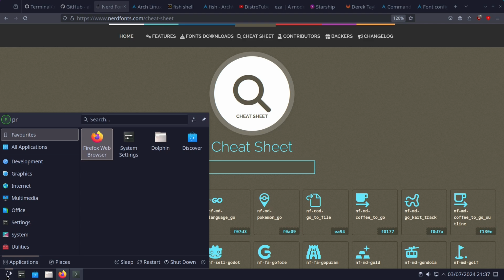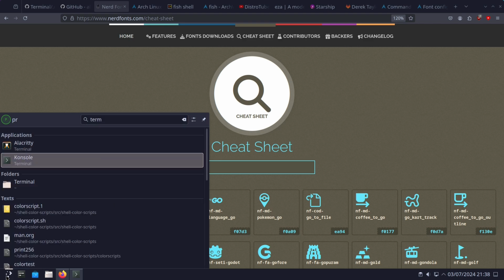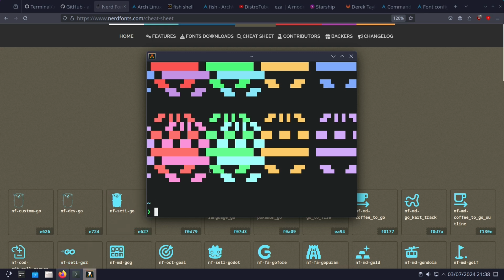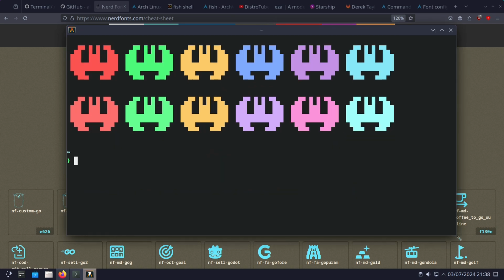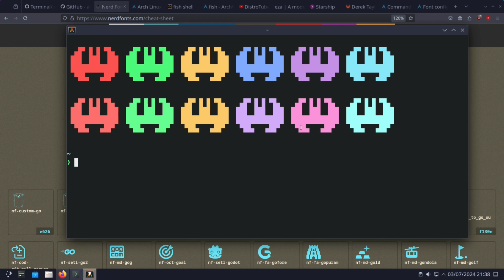So I'm going to open up this terminal again, the Alacritty one. Okay, and you'll see right away it's already tried to do some graphical thing right here. And we are using that Dracula Plus theme still. So if we change that with the nano,